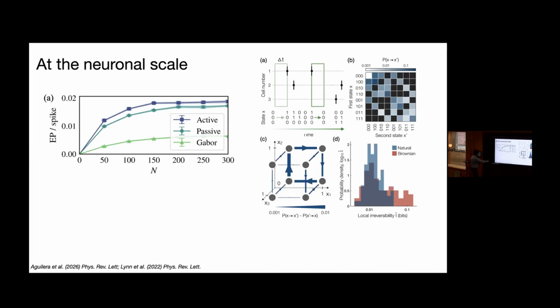There was slightly more recent work from this year that got an opposite result. Gabor filters were lower than passive movies, which were lower than active movies, so natural movies. So it's still an open question. In neuronal cells, where you should know to a certain degree what's being represented, we don't know how the stimulus irreversibility affects the actual dynamics irreversibility. Okay. One thing that most people are in agreement on is that we're not measuring heat dissipation. It's not about energetics at all.